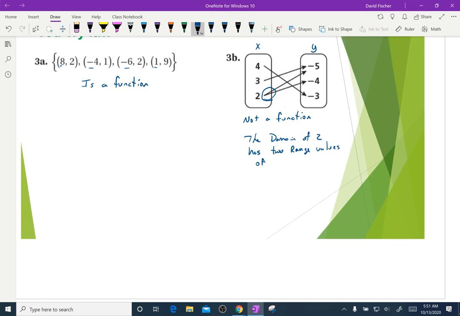Of, what do they got? -5 and -4. And because it was only two range